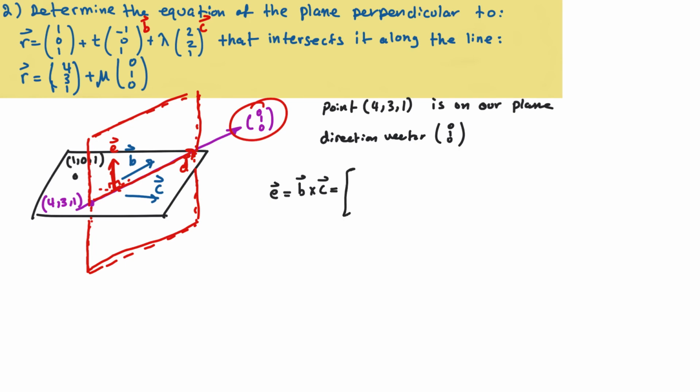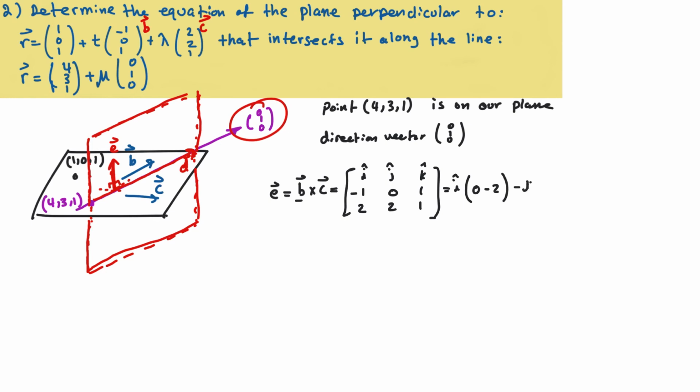Okay, to find the cross product, I'm going to use the i, j, k components of my unit vectors in the x, y, and z direction. For B, my vector is -1, 0, and 1, and for C it is 2, 2, 1. This is going to equal i, and I am going to multiply 0 times 1 and subtract that by 2 times 1,